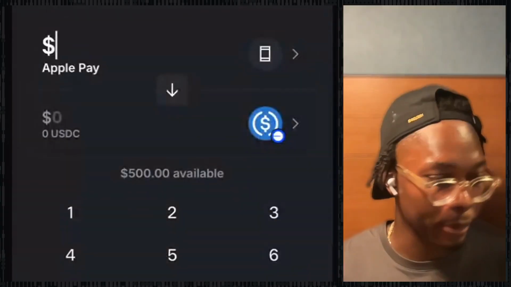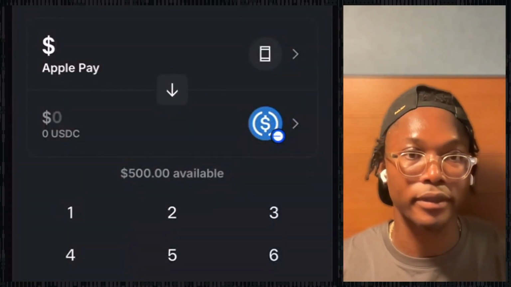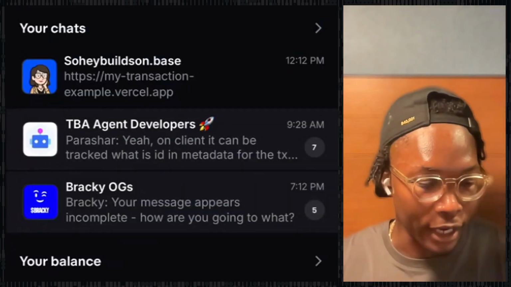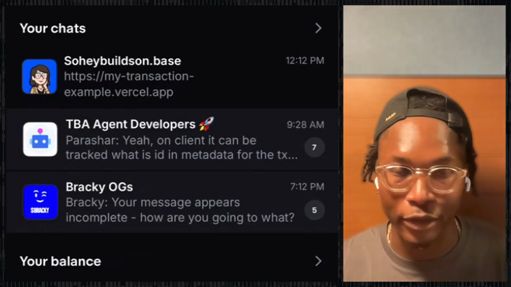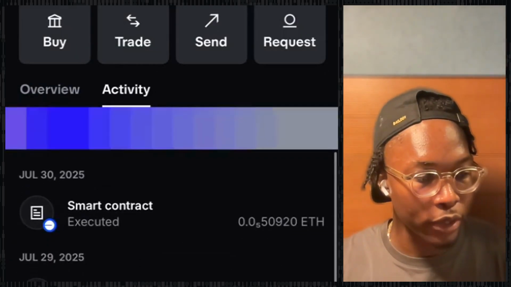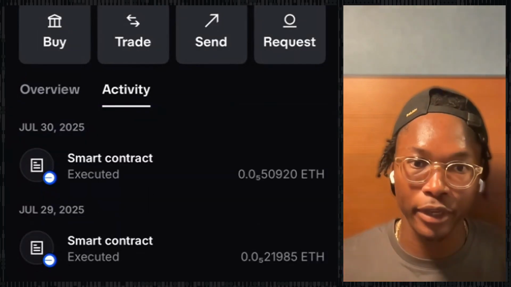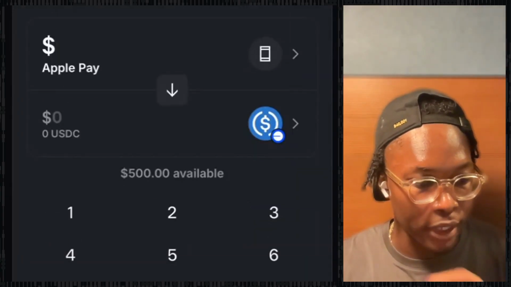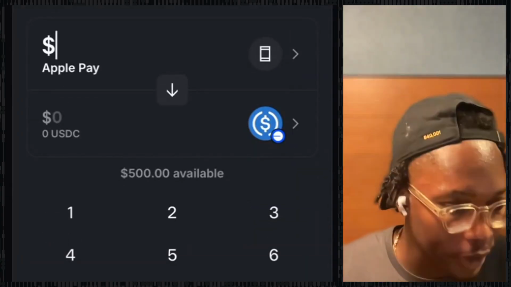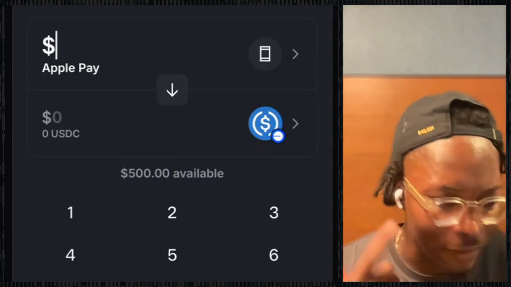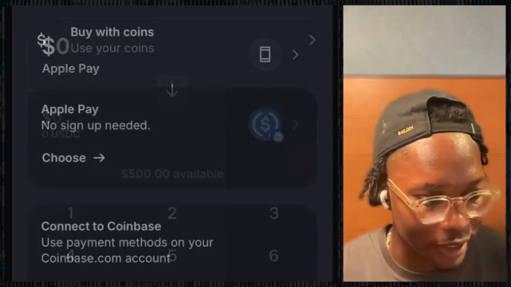Let me just show this really quickly. I'm going to go back. I don't want to run the flow here. Cool, so I'm going to show you the flow. Again, in TBA there's a lot you can do here, and on the far right you have a wallet. You can trade, you can swap, whatever. You're going to be earning through all these different channels. But yes, you can on-ramp, and soon there will be off-ramping, if I'm not missing something. But yes, you can definitely do that.